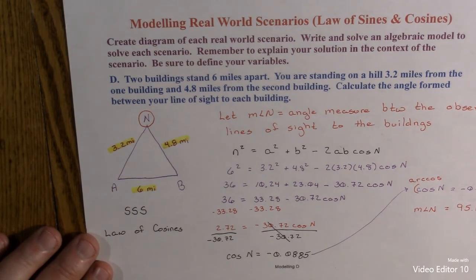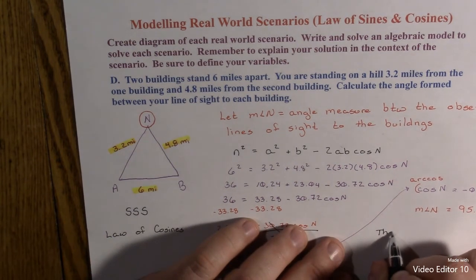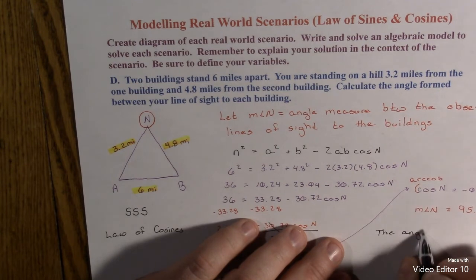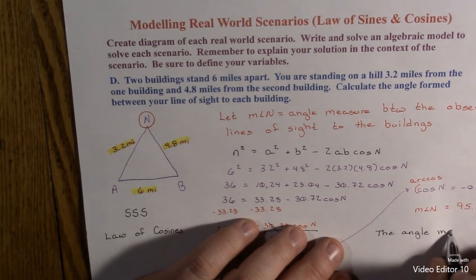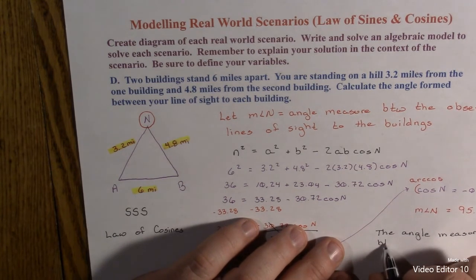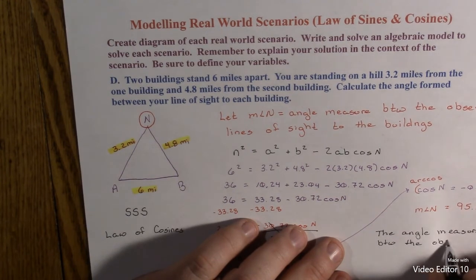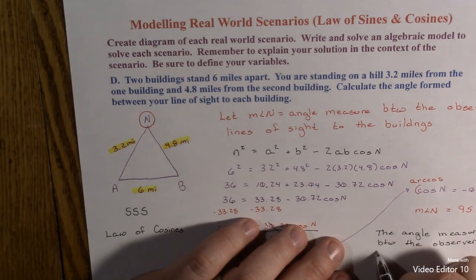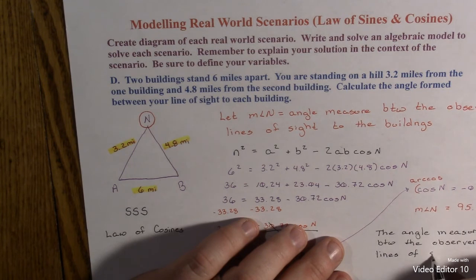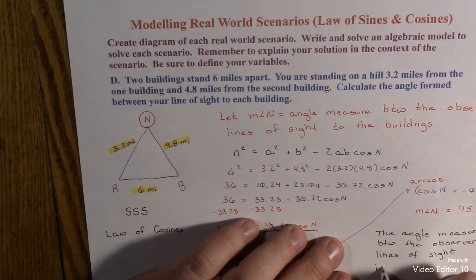So to answer in the scenario of the question, the angle measure between the observer's lines of sight, because we are between two of them, is